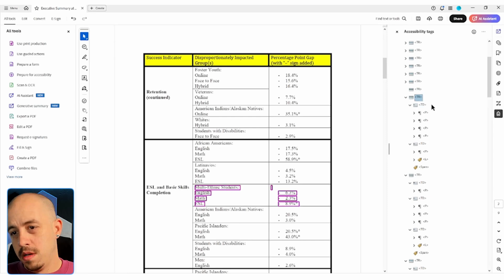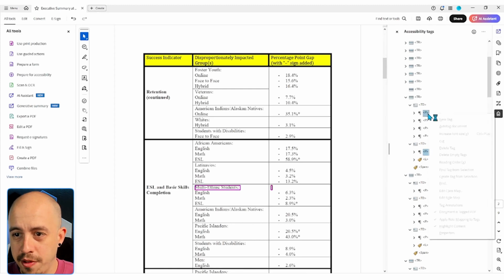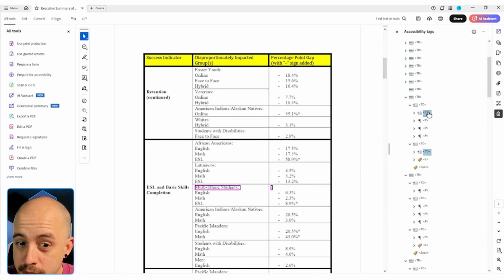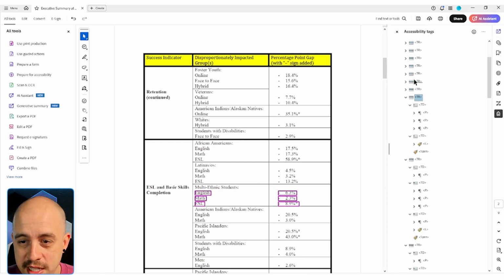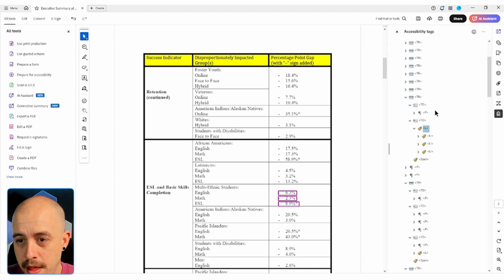All right, so table row, where was I? We've got ESL, next up is multi-ethnic students. So we're gonna take that, and then I need to find the blank. So it's these two. I'm gonna take both of those, right click them, select properties, and we're gonna change them to TDs, and we're gonna move them to this table row I already got set up. So that sort of like moves them out of one TD, but saves me a little bit of time in others. All right, now I need to Control X, and I'm moving some of this content out because really